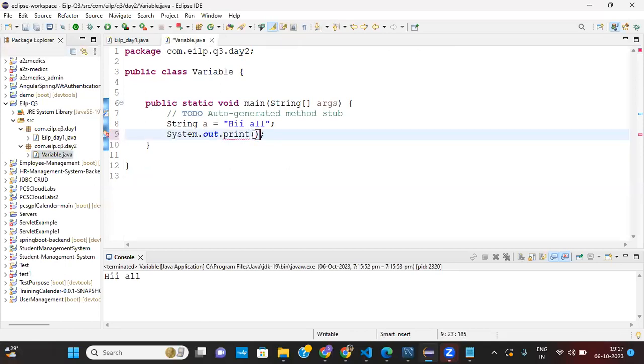What is the difference between print and println? The print method will print in the same line, but the println method will print in the next line.